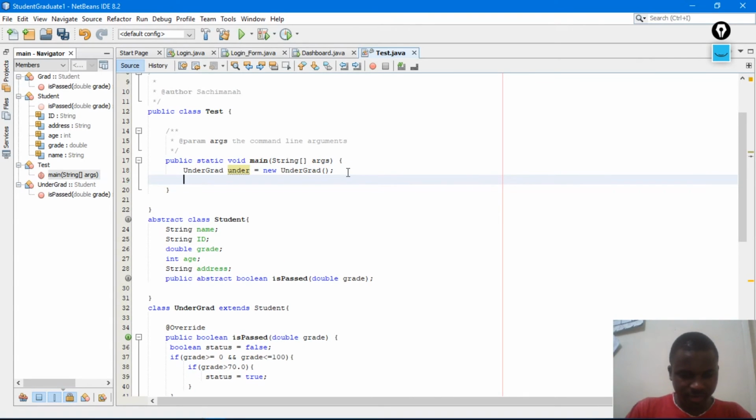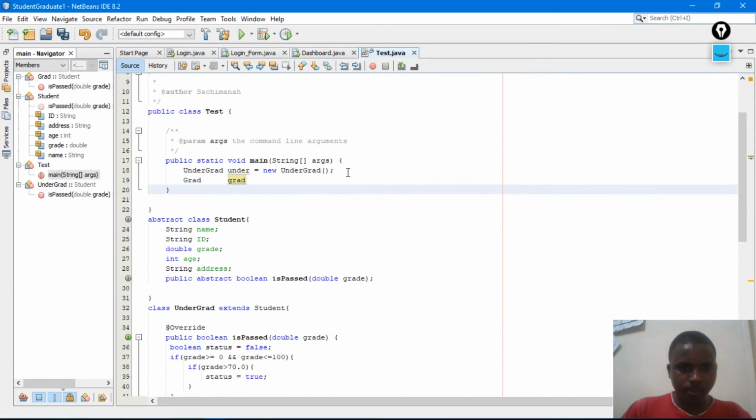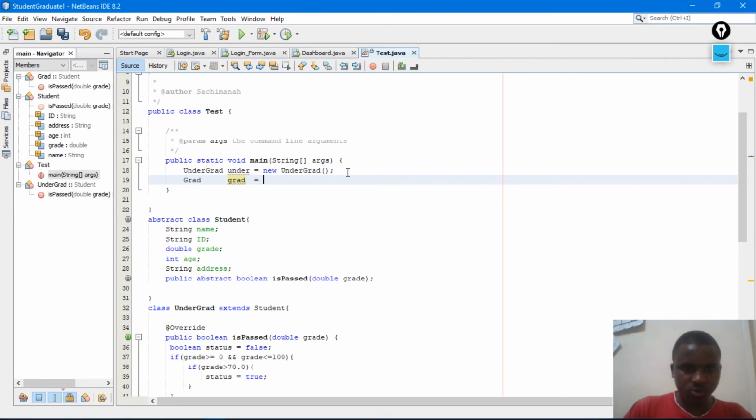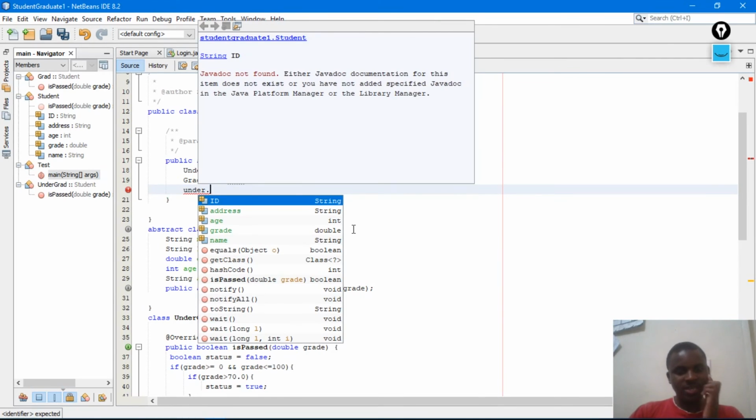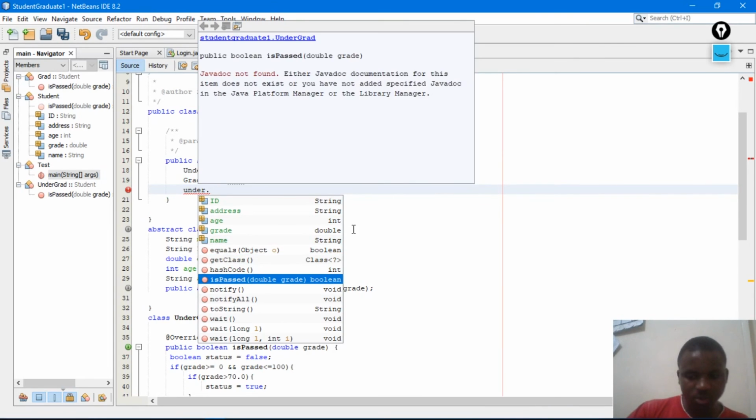Then grad, then grad must be equal to new grad. Okay, then I have to invoke its isPassed method using these 2 objects that I have made. So I'm going to say u and g here. You see that, okay, I'm able to invoke this method, yeah, like this.